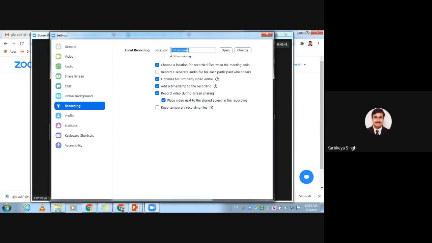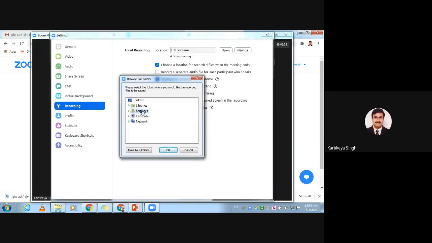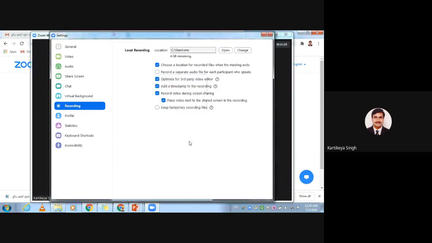If I have already given a location like C drive users SMS, and I want to change it, I can change it through this computer. If I wish to save it in D drive or E drive, wherever I'm going to get space, I can save it. I'm not going to change it, but if you wish, you can fix the location. You can even save it on the desktop also.